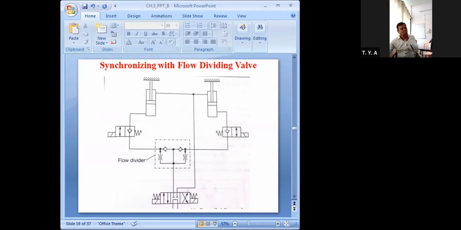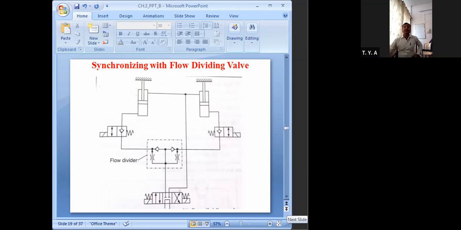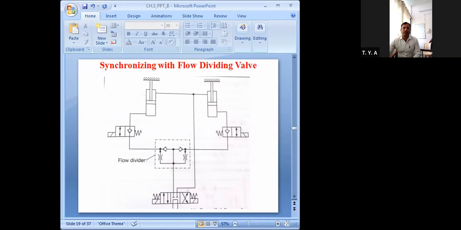Now this is synchronizing with the flow dividing valve. Okay, the flow dividing valve. See, the flow that comes from this direction control valve is divided with the help of a flow divider. Okay, in the earlier circuit this flow divider was not there, but here a flow divider is used to divide your flow equally.